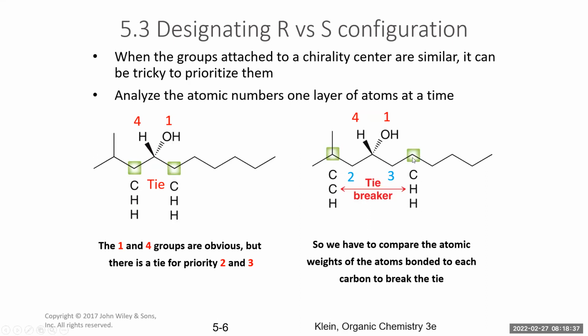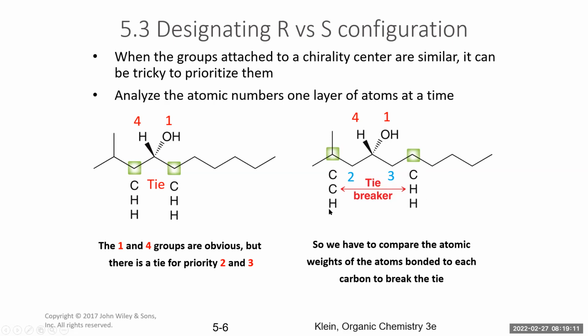Over here on the right, we have a carbon that has, again, 1 carbon and 2 hydrogens attached. Whereas on the left, I've reached a carbon that's attached to 2 carbons and 1 hydrogen. Well, the carbon and carbon is a tie. Carbon beats hydrogen, and that's the tiebreaker. And you order these in order of atomic number from highest to lowest, which is why they wrote carbon, carbon, hydrogen, as opposed to, for example, carbon, hydrogen, carbon, or hydrogen, carbon, carbon.